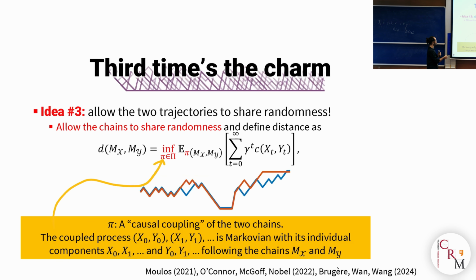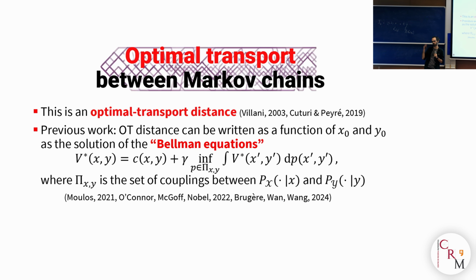And this is a good definition, because this finally differentiates between the different processes, and it does not conflate. It does not tell me that scramble and scramble are different processes. So we are not the first to study this problem. Turns out that this problem can be formulated as a problem of optimal control. You can think of finding this optimal coupling as an optimal control, a Markov decision process type of problem. And it is called the causal optimal transport distance between the two processes.